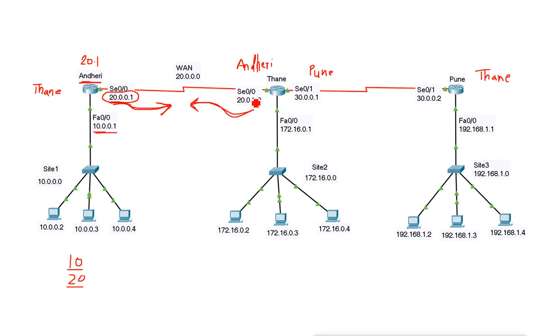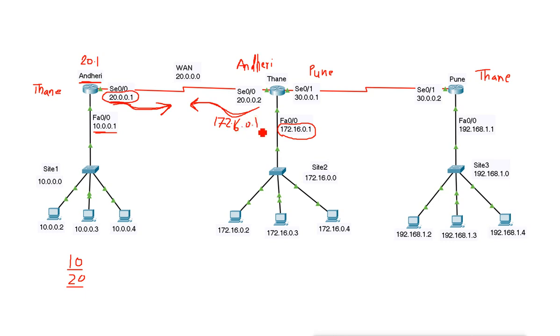We have three interfaces here, serial 0, serial 0/1 and fast Ethernet 0. When you compare the IP addresses of these three interfaces, this is the largest one, and this becomes the router ID for Thane. So it says my router ID is 172.16.0.1.